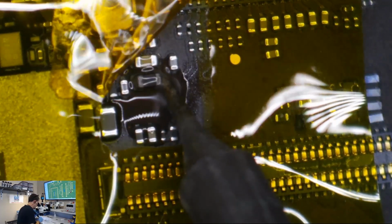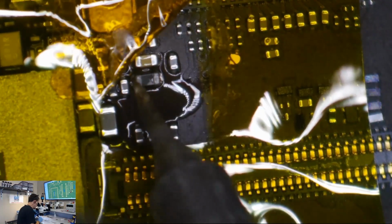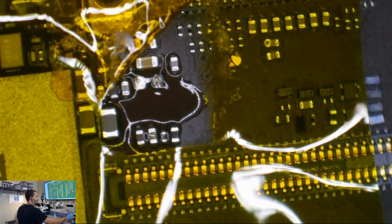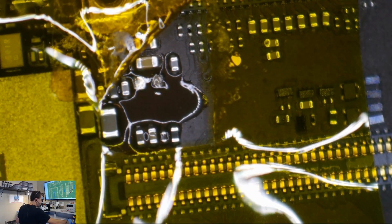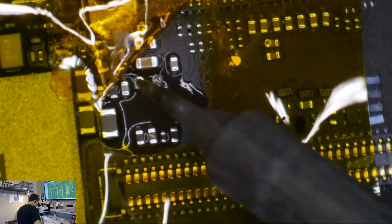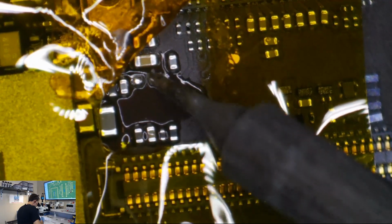Okay. There we go. Now I should have plenty of flux there. I'm going to get me a blob of solder on my iron. I'm going to give it a little tiny bit of hot air. And I'm going to touch these pads with my iron. And we should wind up with two...